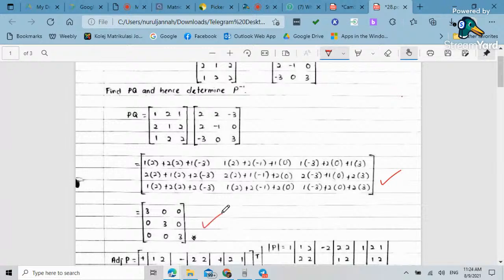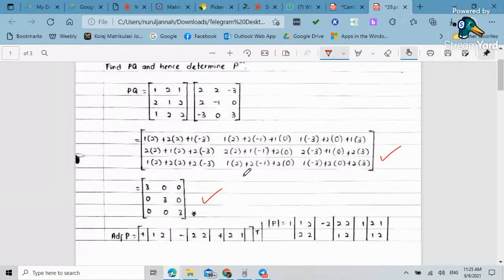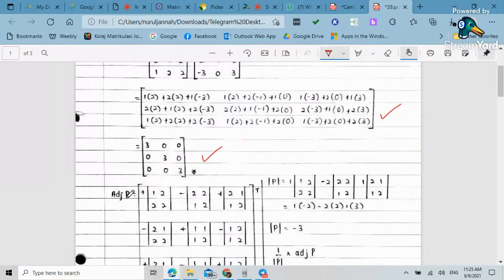In your assignment, if you have to find the multiplication between two matrices, please include one step before you get the final answer. Do not skip the step because there is a mark on that step. Okay, next to find the